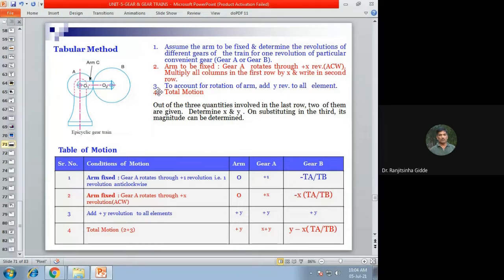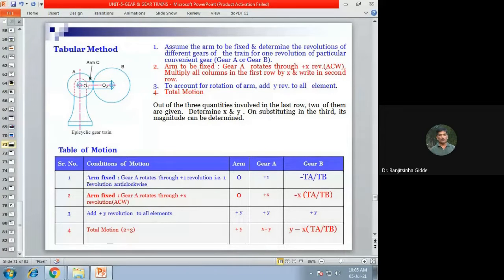Okay. So assume arm to be fixed. So we have assumed arm is fixed. Determine revolution of different gears of the train for one revolution of a particular convenient gear. Now see the table. First column serial number, second column condition of motion, third column arm, fourth column with respect to this gear A,